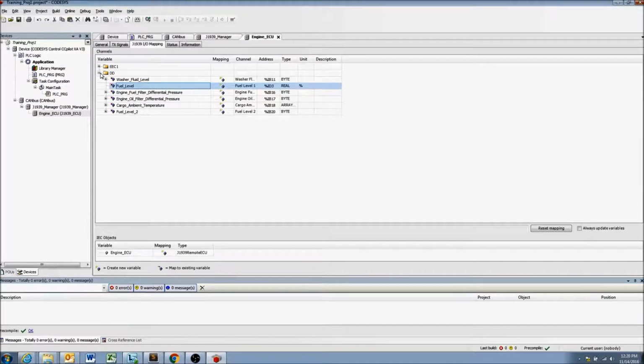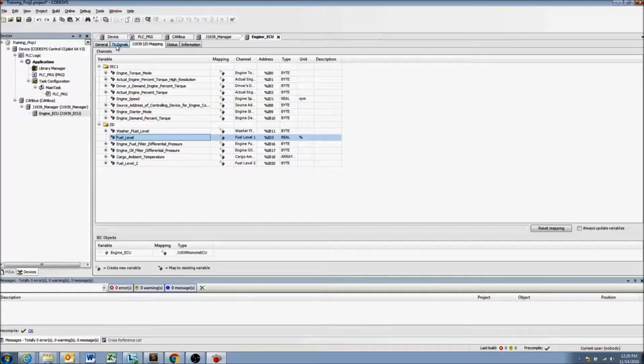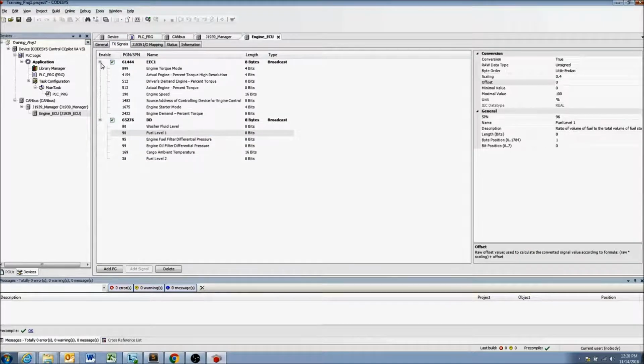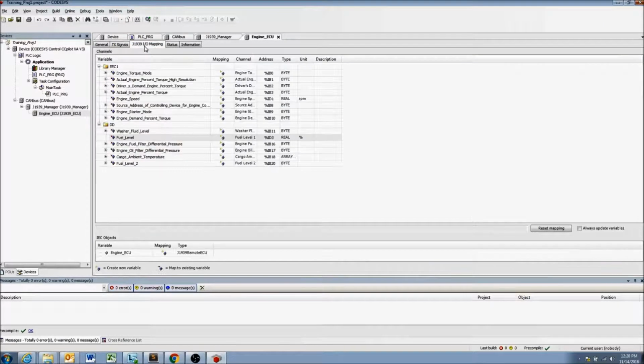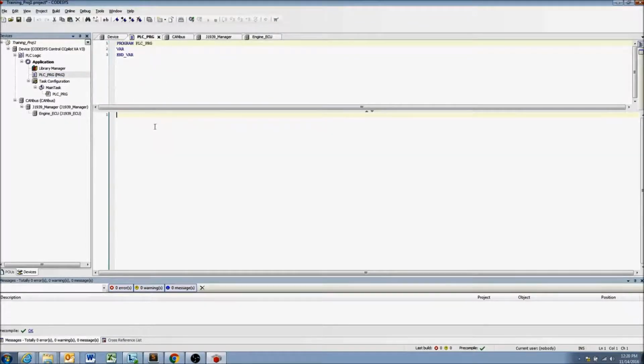Okay, so now we've created two variables, or essentially brought in some data from the CAN bus and linked them to variables in our project. And then in further videos, we'll be using those variables in our project to link to gauges in our user interface, or bring into our program here so we can see,